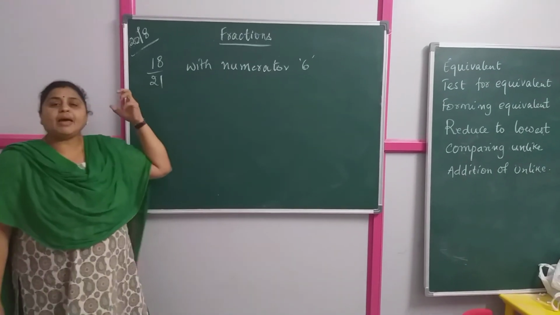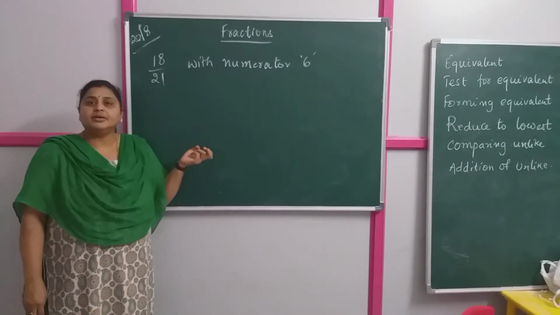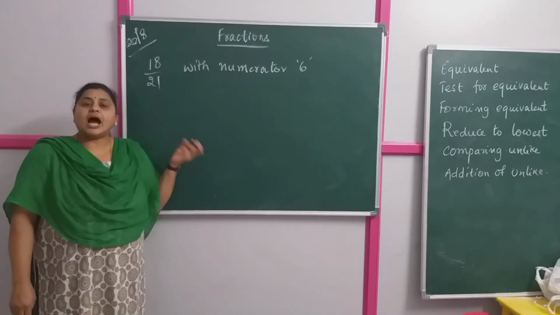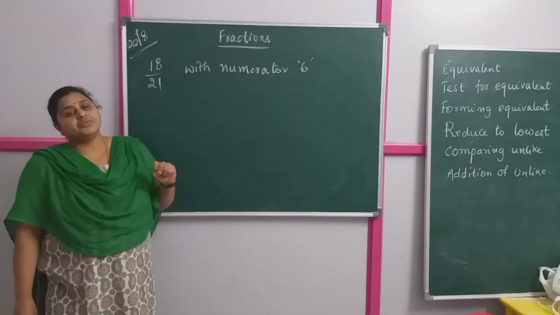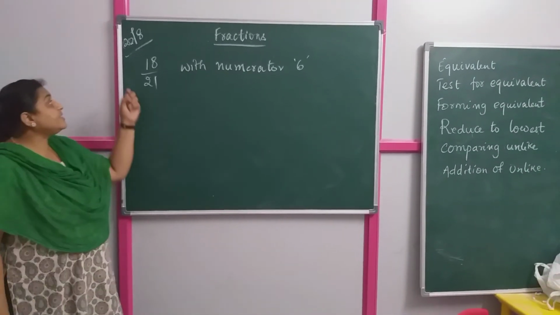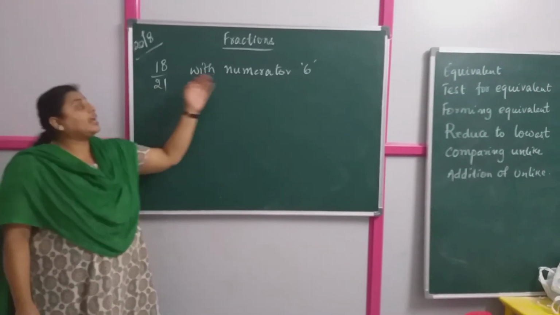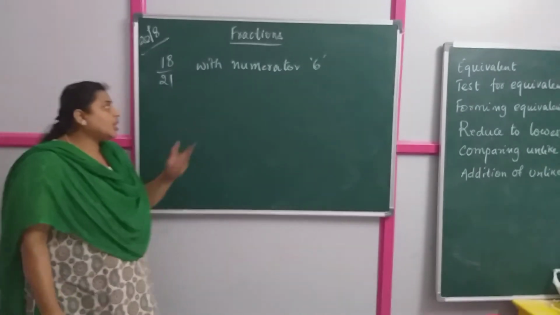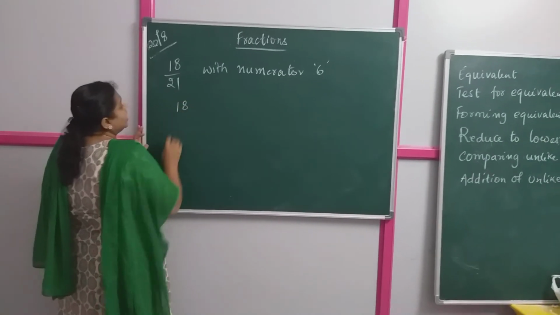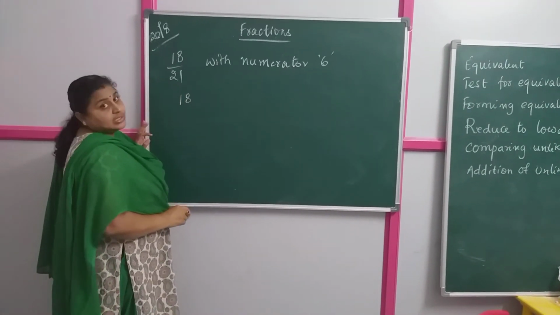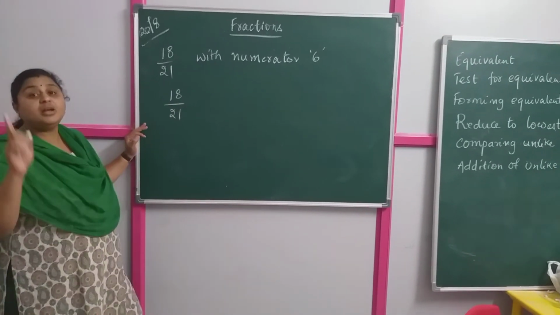6. Now, can I convert a 2-digit number into a single-digit number, children, by multiplying? No. So what did I say? How do we get an equivalent fraction? Either we have to multiply or we have to divide. Now can I see 18 and 6? In the 18 table, can we check out 6? No. So what are you going to do? We are going to divide. Here we will not multiply, children, we will divide.